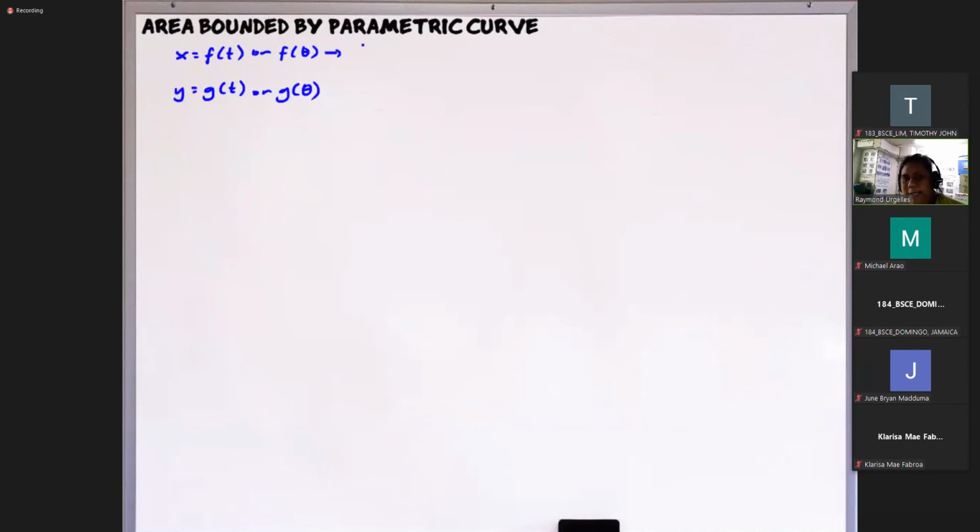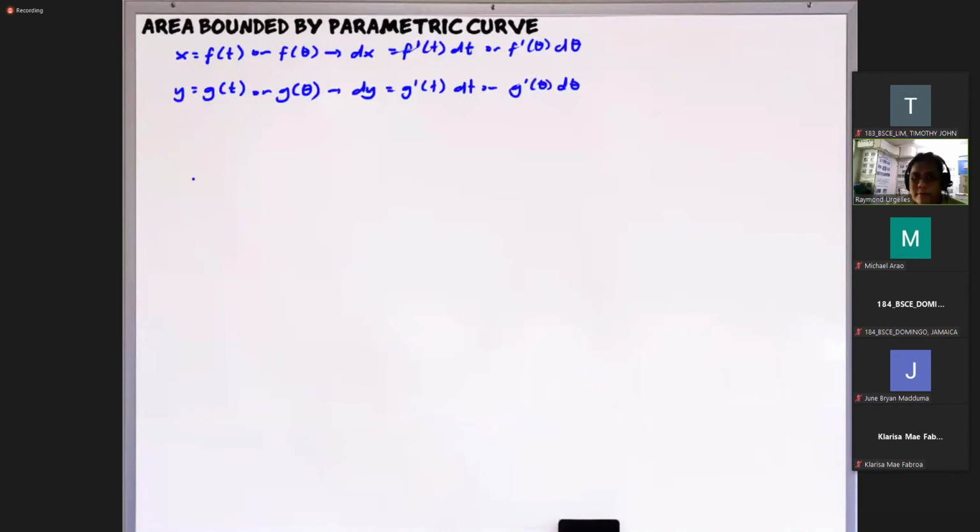So kasi imagine nyo lang dito, if we solve for dx here, okay? So dx will just be given by f prime of t, by chain rule, multiplied by dt, diba? So in terms of theta, f prime of theta d theta lang. So gamit lang kayo ng chain rule para ma-solve nyo yung dx, okay? Basta pag dy naman yung kailangan nyo, so then dy is equal to g prime of t dt, so pwede rin siya maging g prime of theta d theta. Okay? Ako ba? So ganyan lang yung mangyayari.